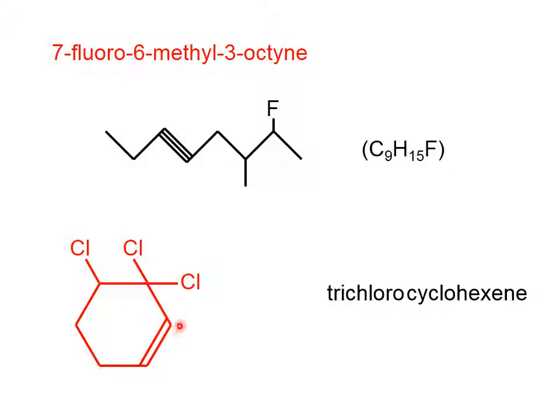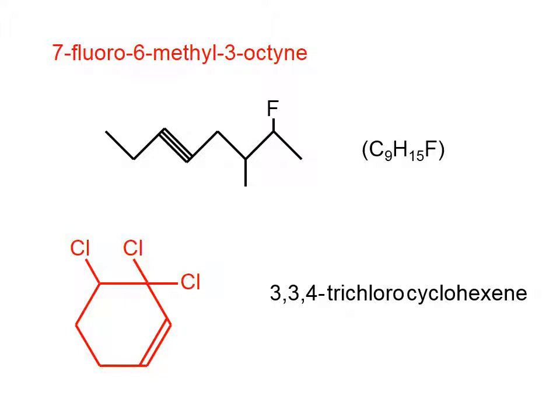If we number carbon number 1 as the one on the right and go clockwise, then this would be carbon number 1, carbon number 2, carbon number 3, carbon number 4, carbon number 5, and we would go 5, 6, 6. Well, those numbers are way bigger than 3, 3, 4. So, the one in the lower right is carbon number 1, the one on the right is carbon number 2,